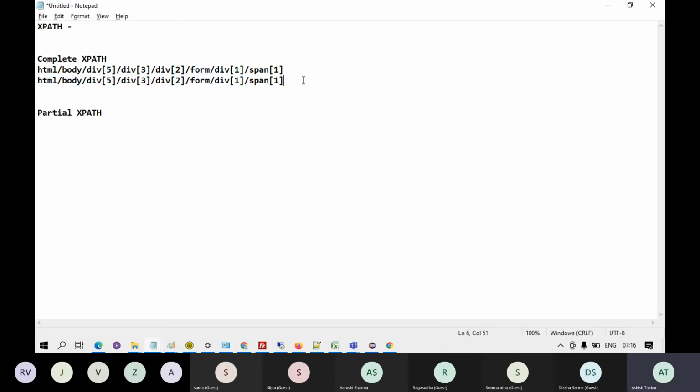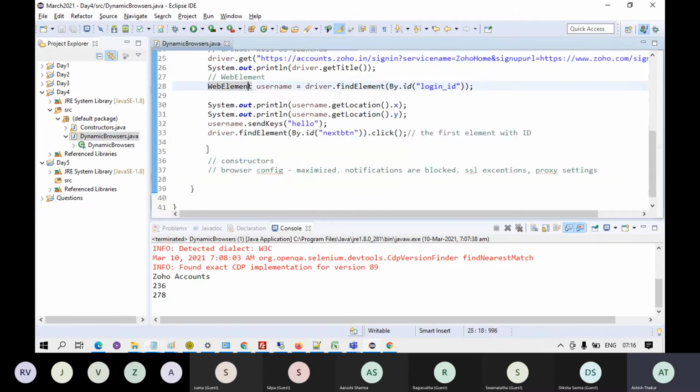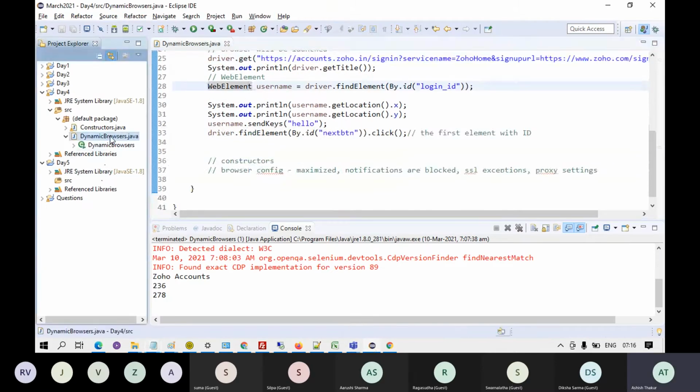Okay, now if I use this complete XPath in my code, right, I will copy the code over here.